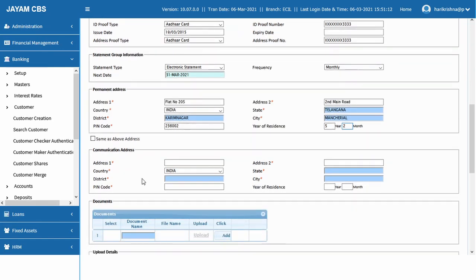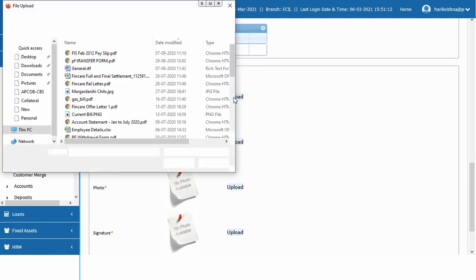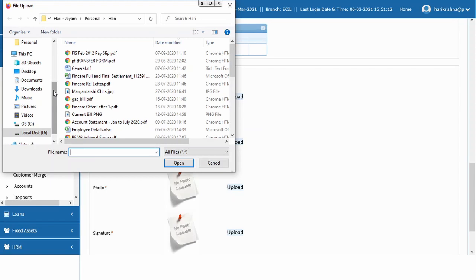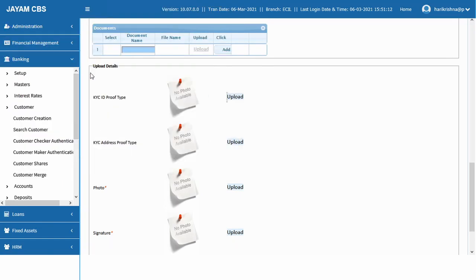If I want the communication address to be my permanent address, just select this one. If you want to upload the documents, I want to upload the KYC document. Photo is mandatory.